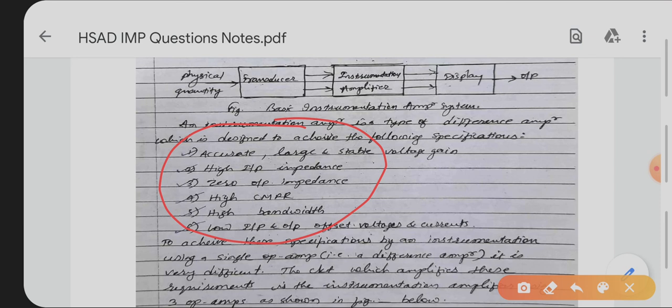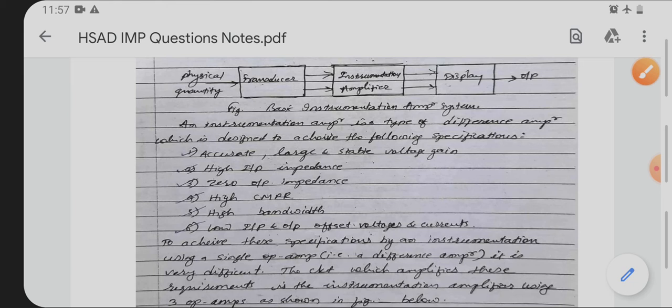Then high CMRR, high bandwidth, low input and output offset voltages and currents. These are the requirements, or you can say features or specifications of an instrumentation amplifier. Okay, now